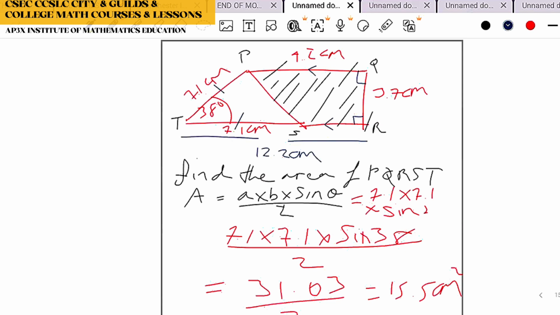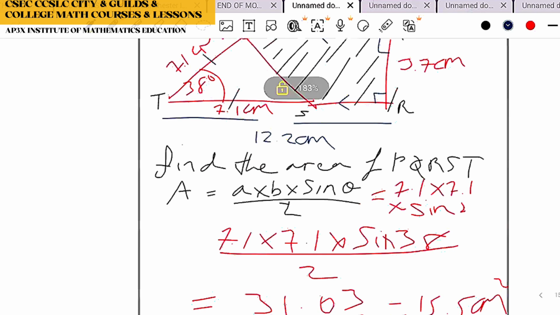So you would minus the 12.2 from the 7.1. All right, so watch your style now, guys. If you notice that earlier when I had changed my mind, I said that the whole entire length from T to R is 12.2. Notice I draw the blue lines? But then in the initial stage, when you were finding the area of the triangle, somebody had stated that the two sides are equal. So we end up with that T to S being 7.1. So since we have the whole side to be 12.2, and we have a portion, not a half, but a part of it, which is 7.1, then SR, which is right here, is going to be 12.2